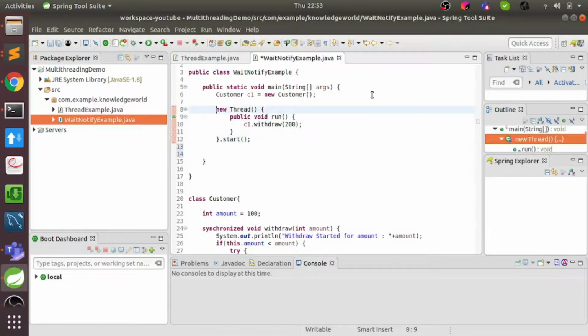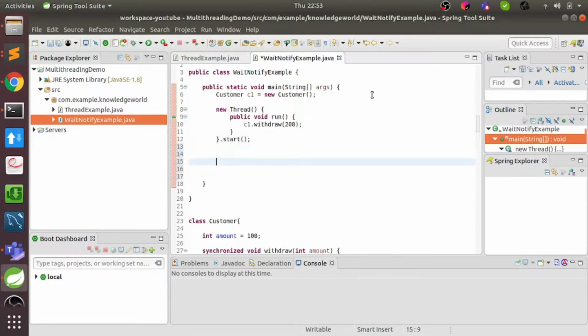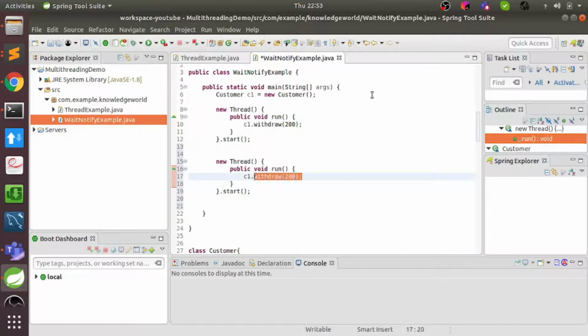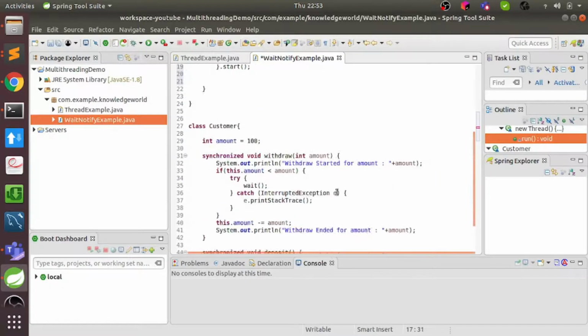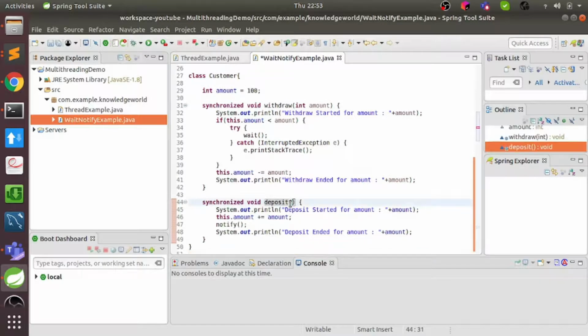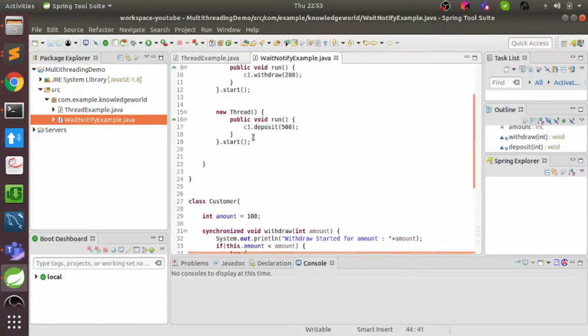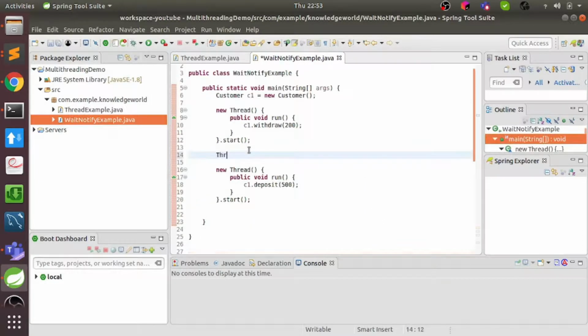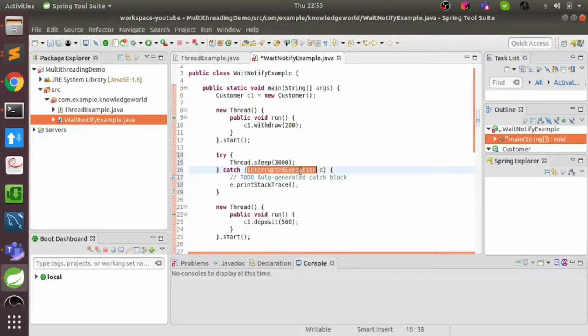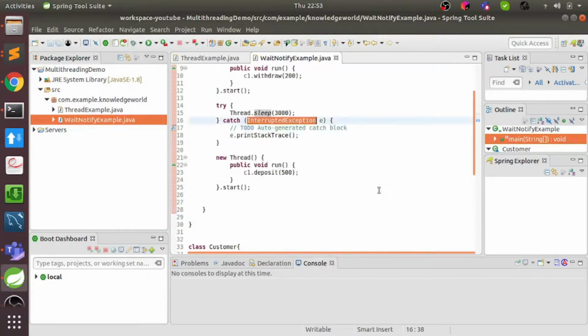We will create one more thread to deposit the value, let's say deposit 500 rupees. I guess we missed the amount here. Then we'll also put a sleep for 3 seconds, wrapped within try catch, just to see some logs coming. Done. Now I think we can run it.